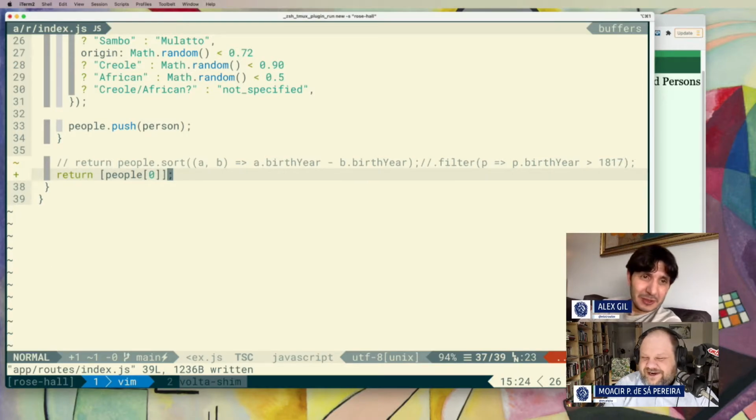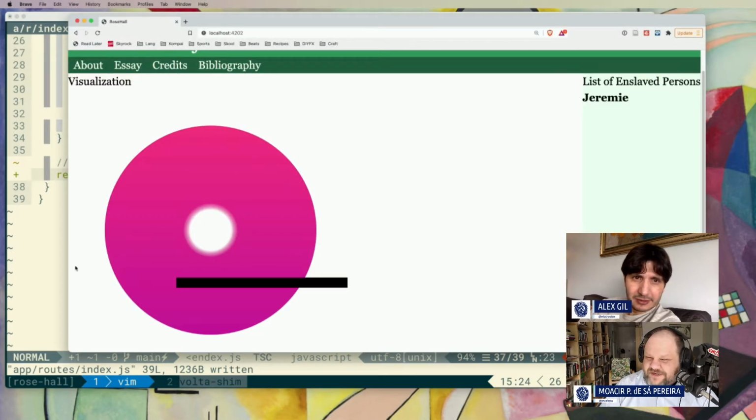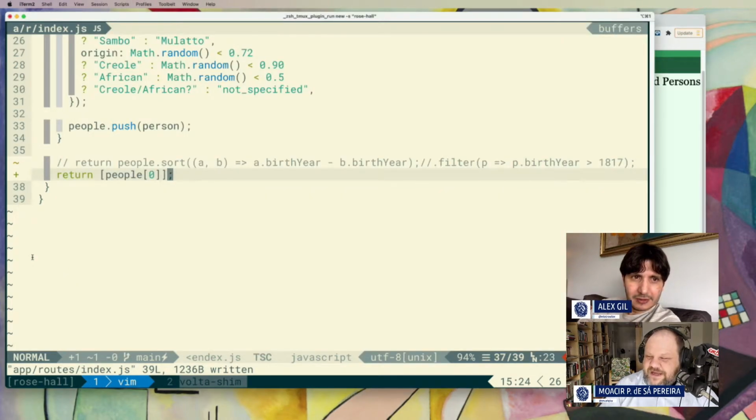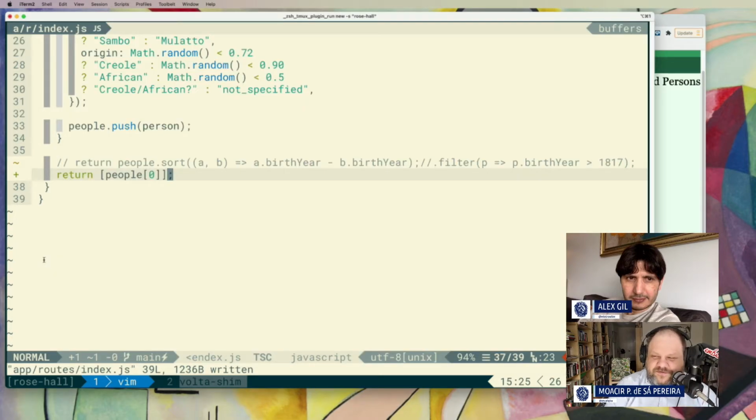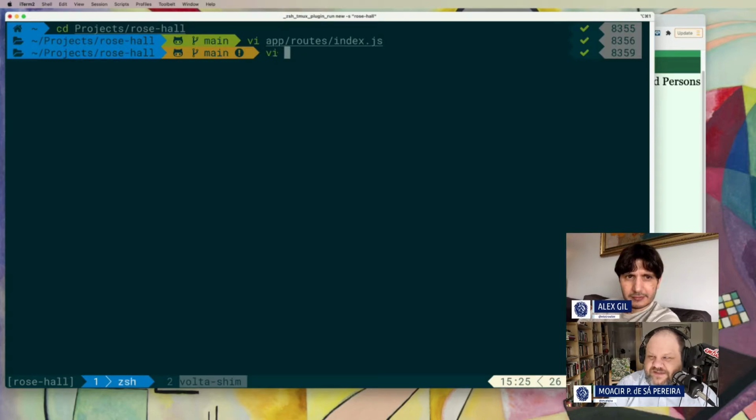All right, so we have the one person. Obviously, the problem is that the wedge is now a donut and not a wedge, so we have to go back. I don't feel like getting rid of this. This was the last thing we did last week. I'm gonna keep this here just because it's Friday. All right, so that loads the data.